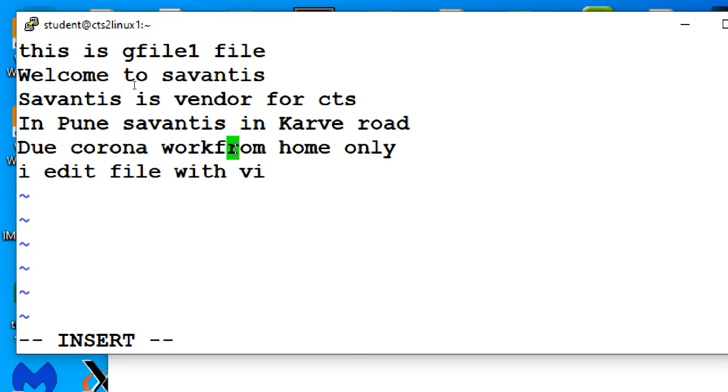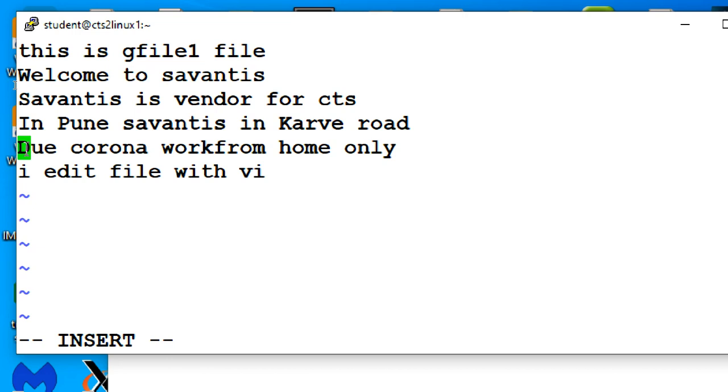Pressing i, it is insert mode. Then only I can put something in it. Escape means command mode, and i means insert mode. Next, I keep my cursor at F. I am pressing capital I, Shift I. Where is my cursor?